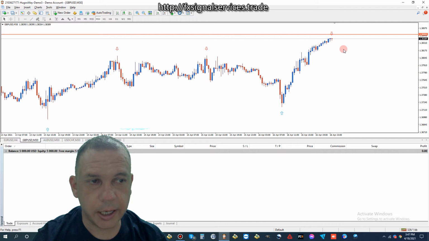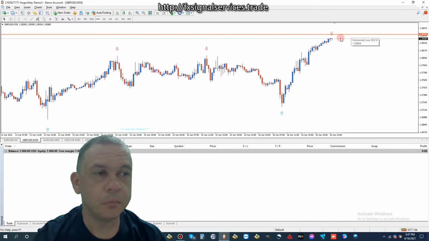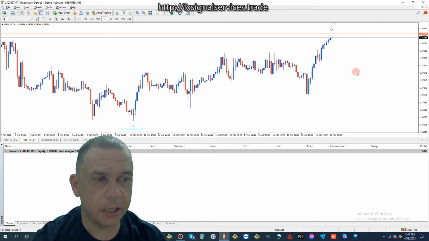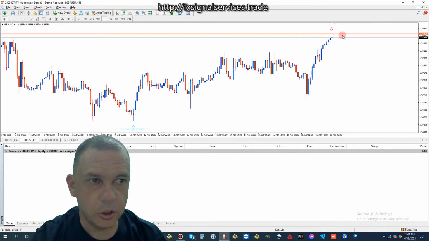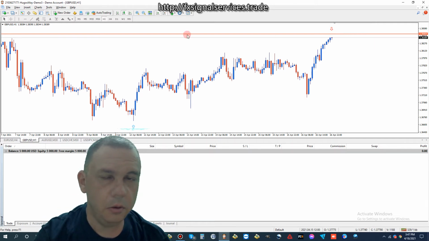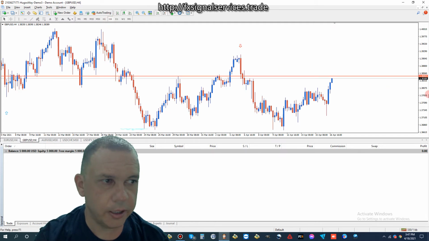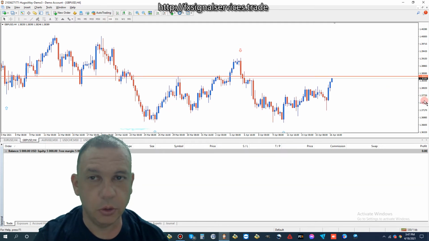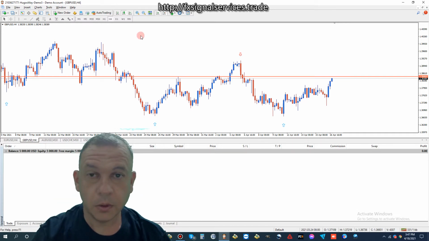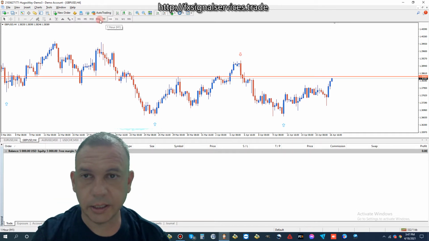It might drop now and then go back up even more, I don't know, and this probably could repaint, which is very, very possible. Because you see it's a very fresh signal, so you can look for this to go higher, and this will repaint, and then once it gets a red arrow on the 4-hour chart, that's what we're looking for. Okay, looking for the 4-hour chart to form a red arrow, and then we want to sell.